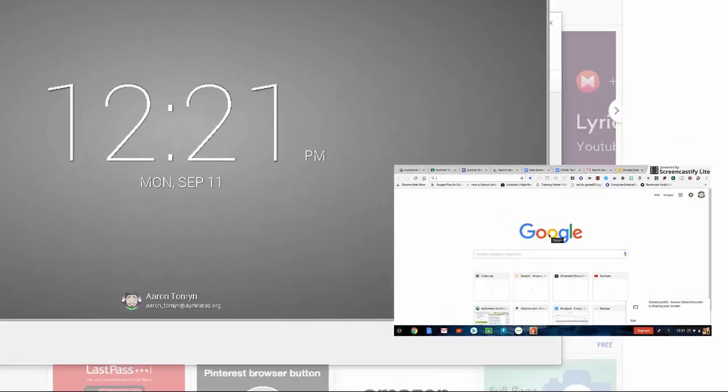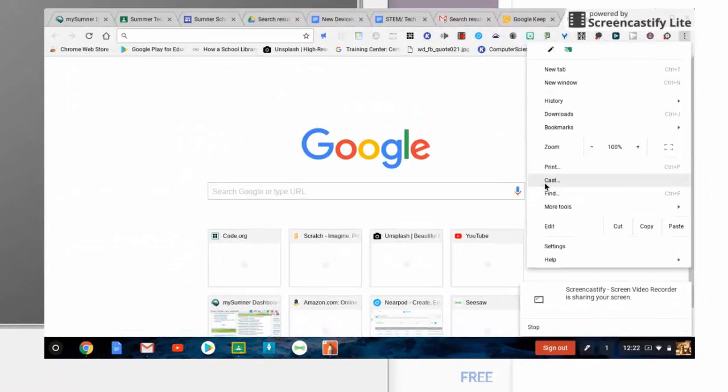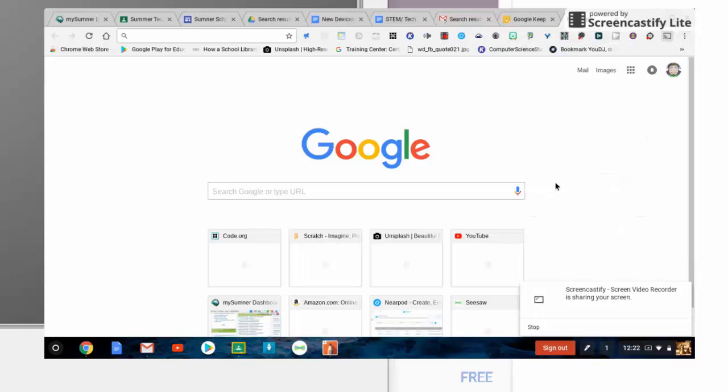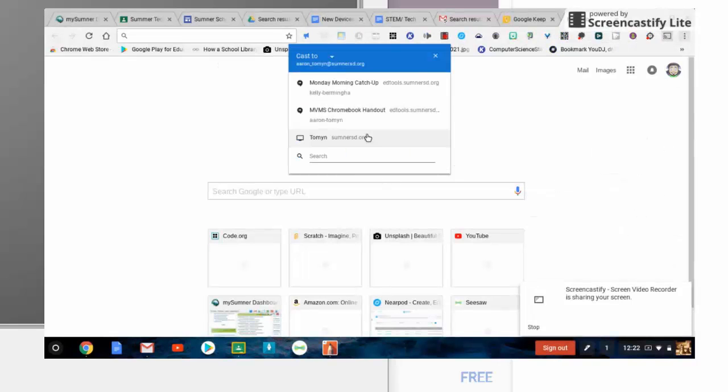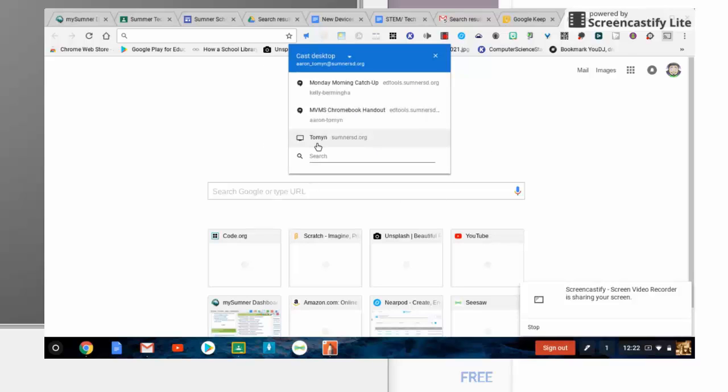Now on the Chromebook side, you come up and go to the three dots at the top right, and you're going to click Cast. When you do this, it brings up this menu, and you can see right here I can click on the drop down menu. I can choose to cast either my tab or my desktop. If I choose just my tab, only this tab will show up on my PC screen, so that's all that would show up here. If I want to cast everything that's on my Chromebook, I can click on Cast Desktop. Then I select Tommen,